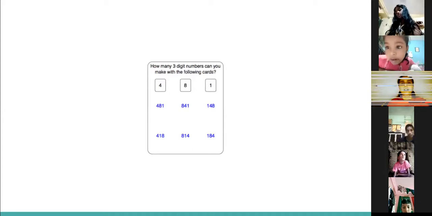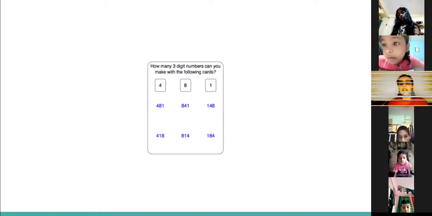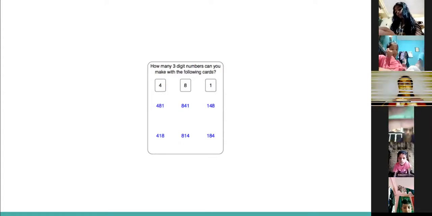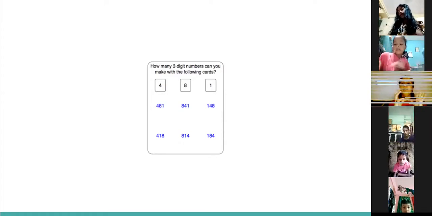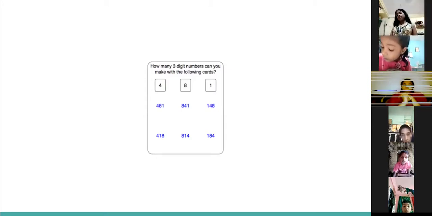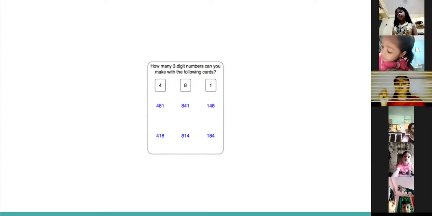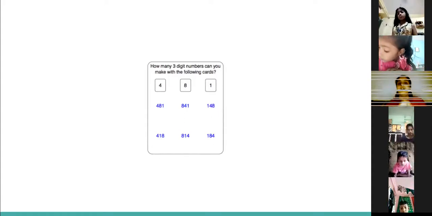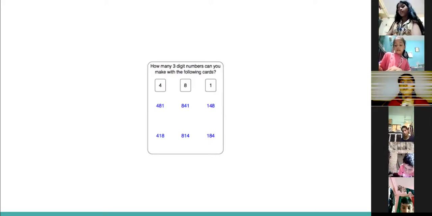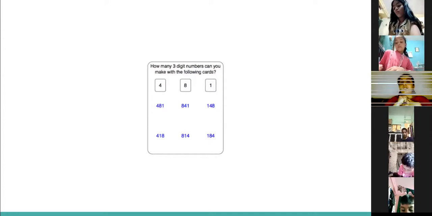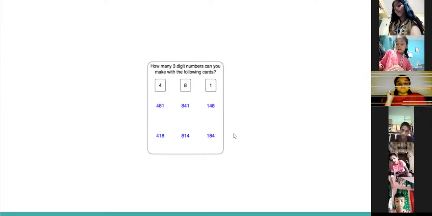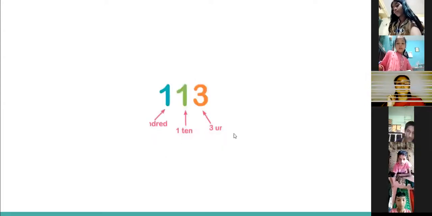So children, have you seen what I did? I had single numbers, that is 1-digit numbers. And from these 1-digit numbers, I have made a 3-digit number. So 1-digit numbers can make a 3-digit number. So it is all fun with numbers, all right? And I could see many of you have correctly made these numbers in the chat box.